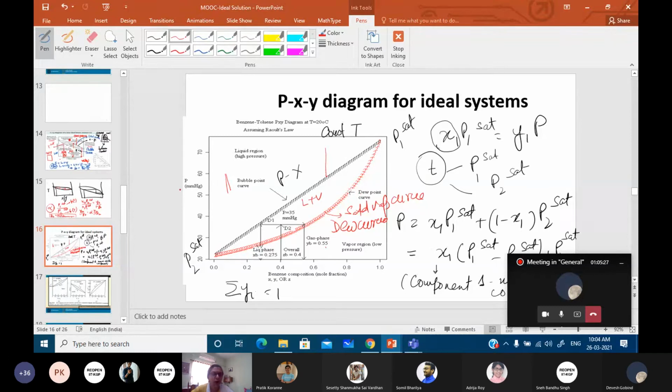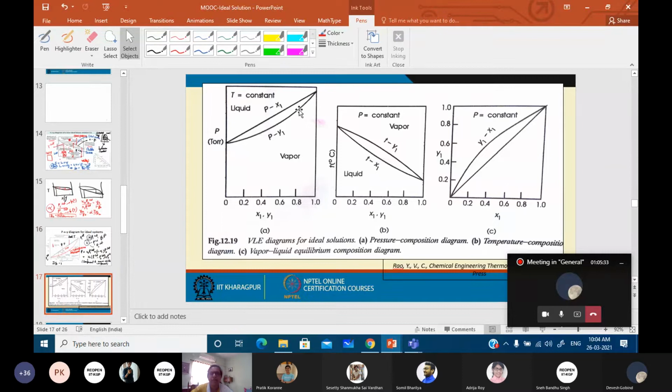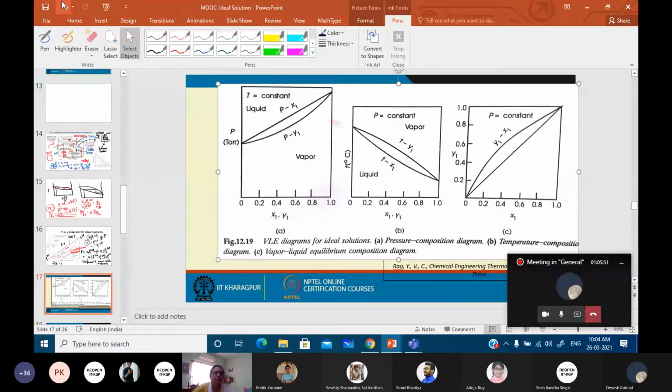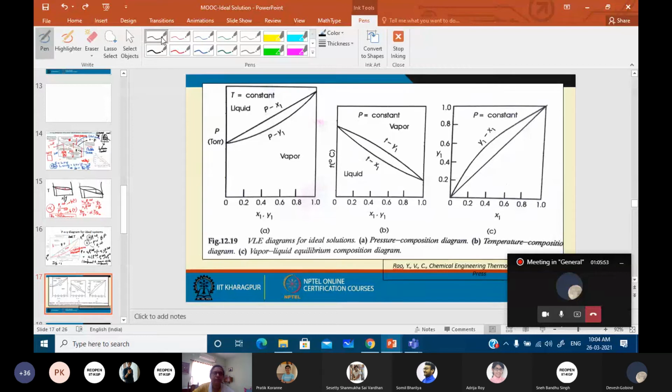So therefore this is one particular thing, and the next thing is, we can generate PXY diagrams, we can generate TXY diagrams, and mark it in all the diagrams consistently: my X1 is the more volatile component. Now, for this particular case, the compositions of the liquid and vapor are given by these horizontal lines which connect the vapor and liquid in equilibrium.